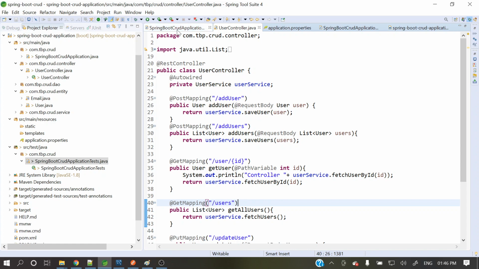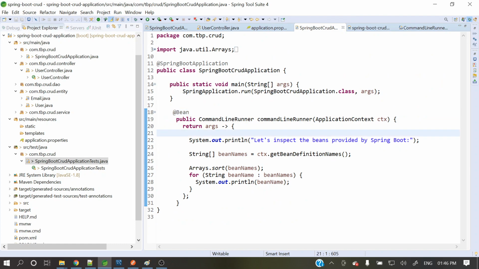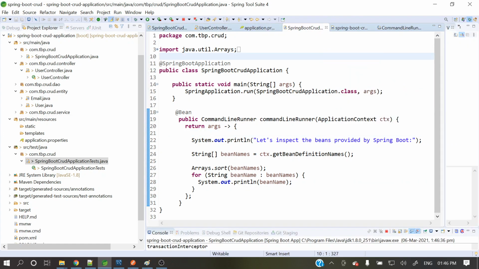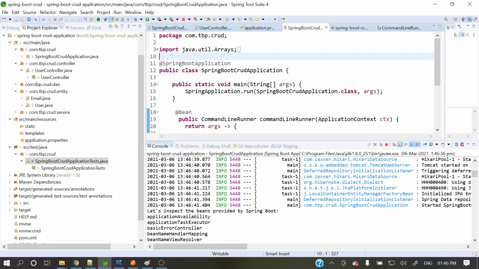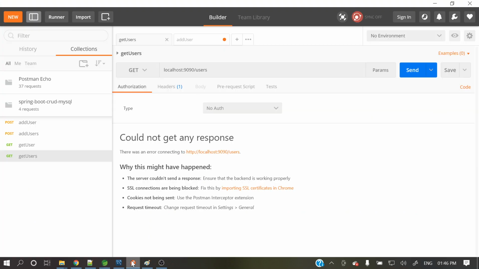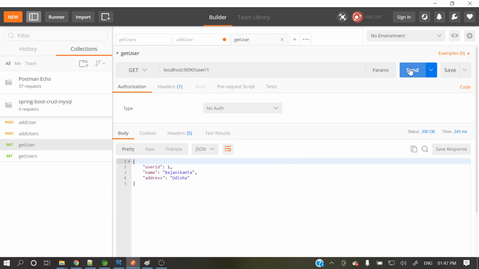Before writing the tests, let me show you that this application is working perfectly. Let's run it. It got started, the project got deployed on port 9090. I already have a Postman collection. This is a get user request. You can see user ID 1 gives my name and address, and if I give 2, Srikanth comes. So this is working perfectly. Now let's write